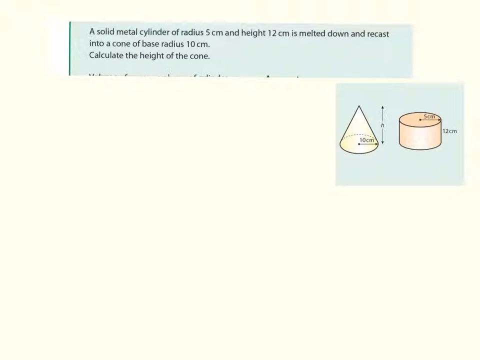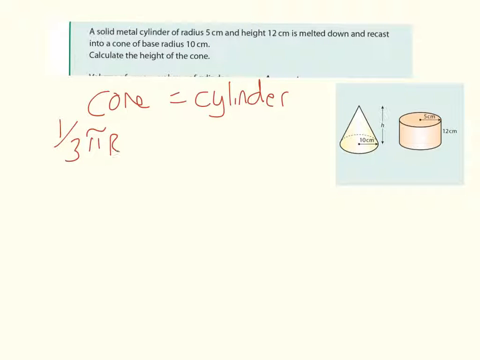So we can write down both our formulas. We know that the cone is equal to the cylinder, and a cone's volume is 1/3 pi r squared h, and the cylinder's volume is pi r squared h. Next thing we can do is sub in our values. So 1/3 stays 1/3, pi stays as pi, and r is 10 for the cone